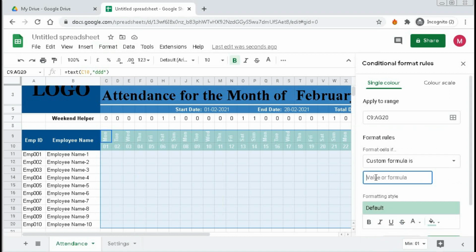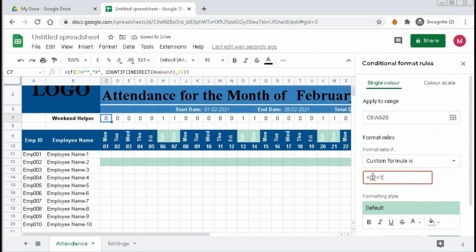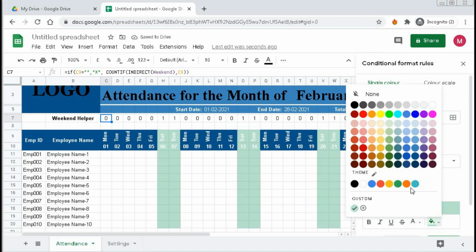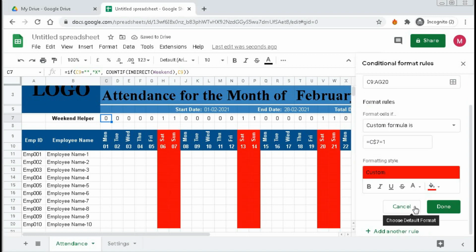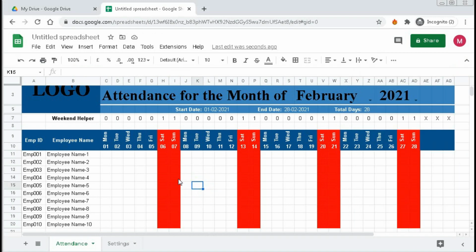Formula will be equal to this cell, that is C7, equal to 1, and before 7 we have to put a $ sign. Now you can give a color as red and then click on done. Close this. So we can see here Saturday and Sunday got colored.